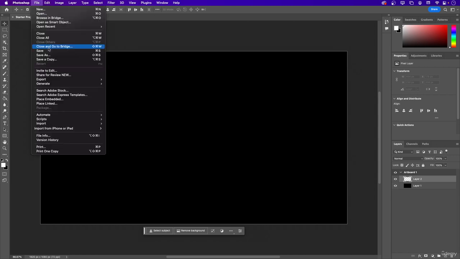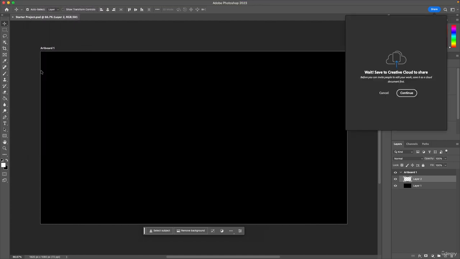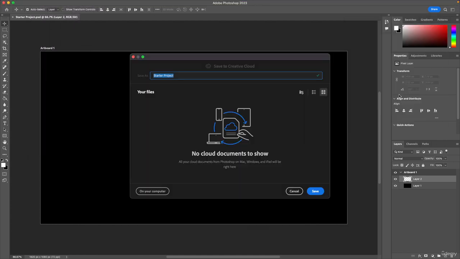So that's all that is. Now I can't do anything because I haven't added another step. Invite to edit. So in theory, I could invite you to edit this file if I had your email address. If I click on invite to edit, I can type in, I can click continue, and then I can